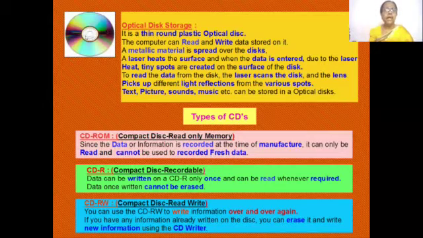I think you've all seen the CD, how it looks. It's a round plastic. It's called an optical disc. You can see the light. So optical, when you are seeing your TV, the cable wire that you're using is an optical wire cable. That's why you get a very clear picture. So this is called an optical disc. It can do both read and write, and it can store information.